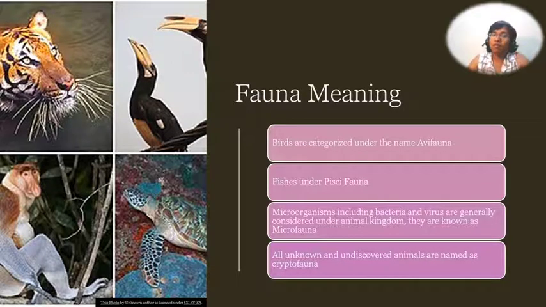Since time immemorial, there have been accounts of animals that have been thought to exist but have been excluded by the scientific community, thereby classifying them as cryptofauna or cryptids. It wasn't until the 21st century that we found conclusive proof in the form of a live specimen being entangled in a fishing net.